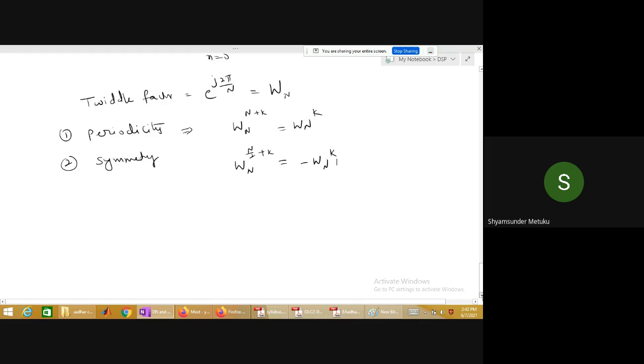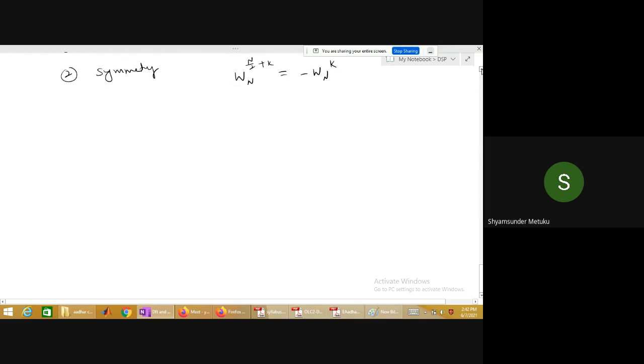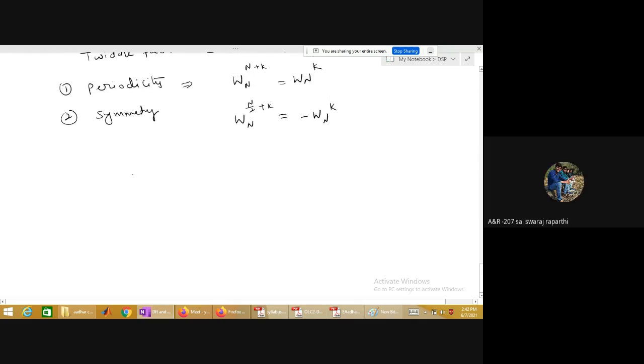Okay, these are the two properties. To verify these two properties, I'll tell you an example. In our case, N equal to 4, right? Yes, sir. Previous example. 4 plus 0 is equal to W4 to the power of 0. I'm writing it this way. Now you try to verify. e power j 2 pi by 4 into 4. W4 is nothing but e power j 2 pi by 4. Because the power is given as 4, I'm writing 4. Okay or not?